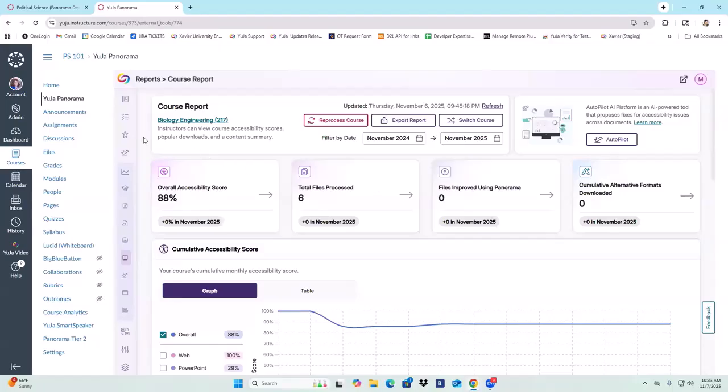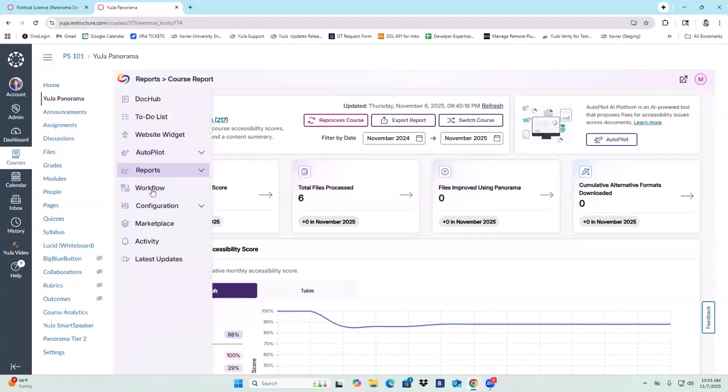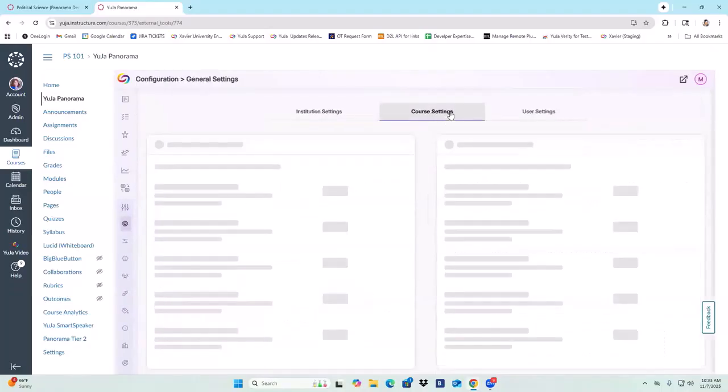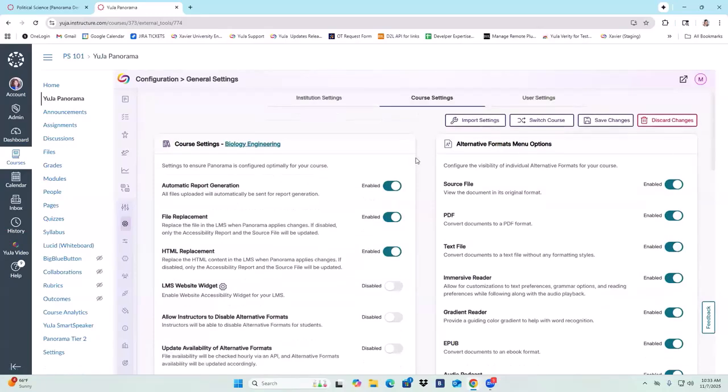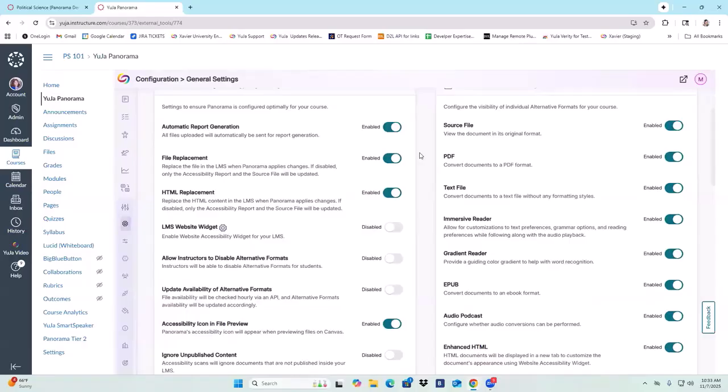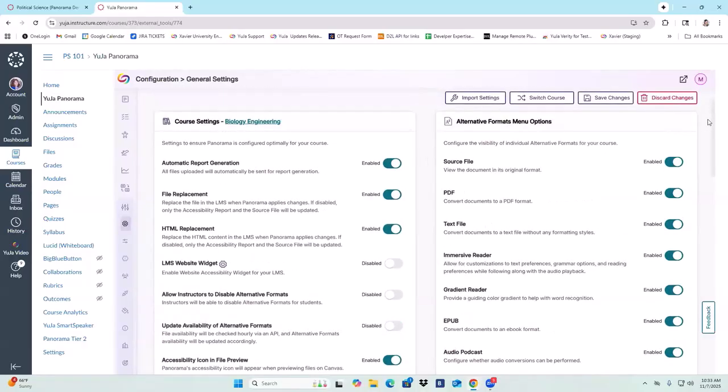Okay. All right. So if we go in and click configuration, you will have access to general settings. And as an instructor, you will have access to your course settings. So in this specific example, we're looking at the biology course, and these are the settings that we can toggle on or off. So we did talk about the alternative formats.